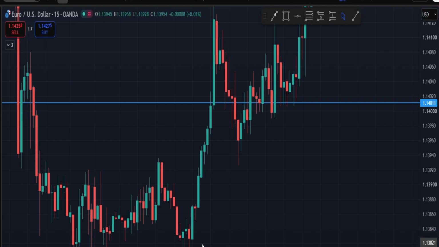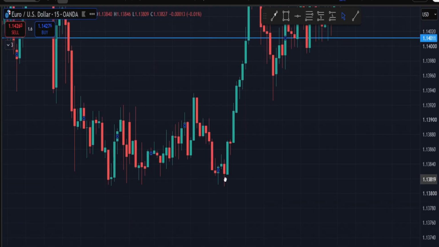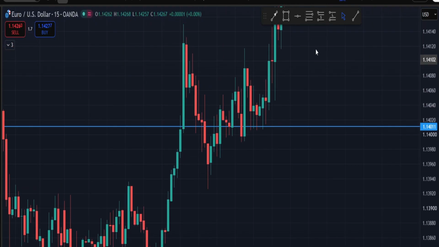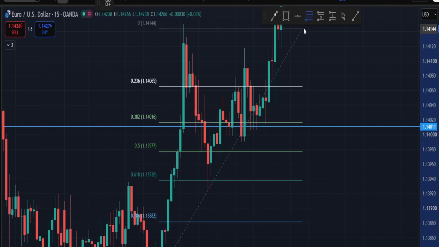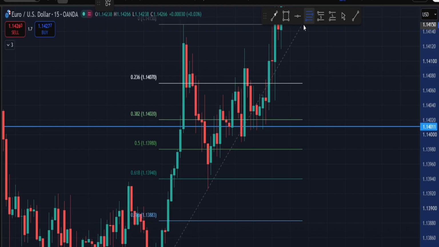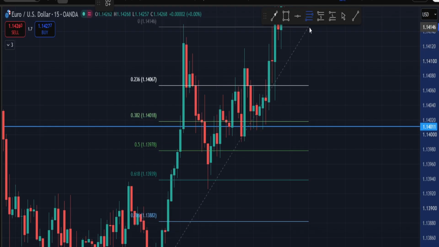So let me use my Fibonacci tool to draw this so that you guys can spot it very well. I'm going to draw my Fibonacci line from this area, and drop it around here. You can see how the market retraced to at least the 0.68 level of the Fibonacci. So if the market is moving aggressively like this and you see a retracement coming down, and you want to enter the market as buy,